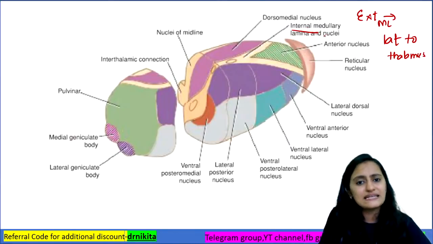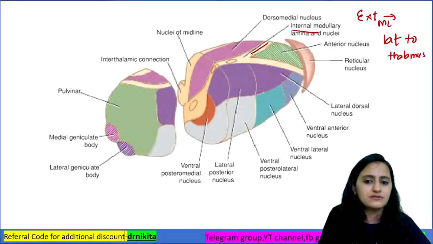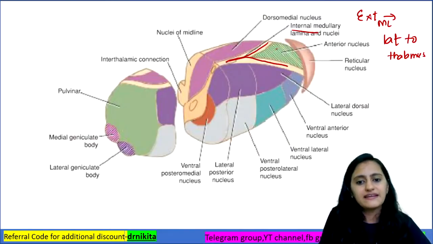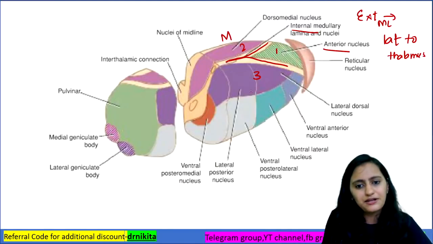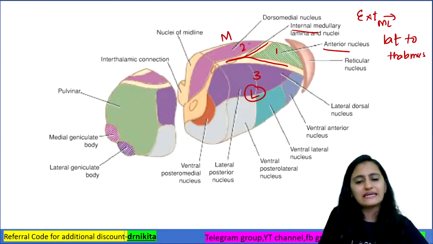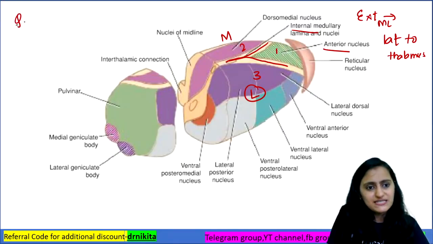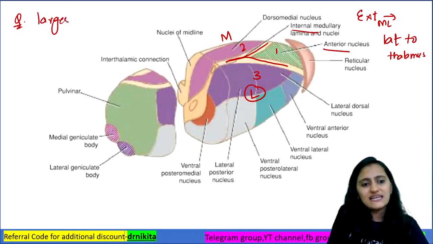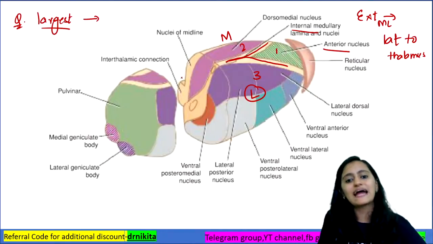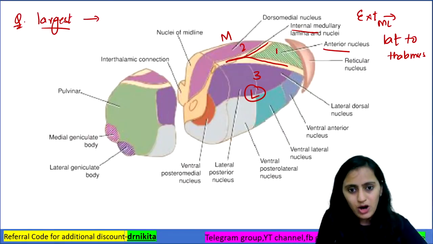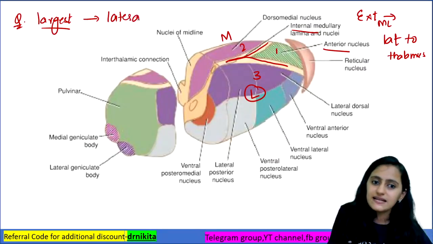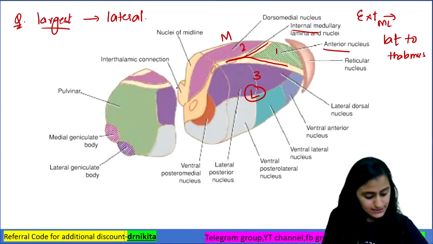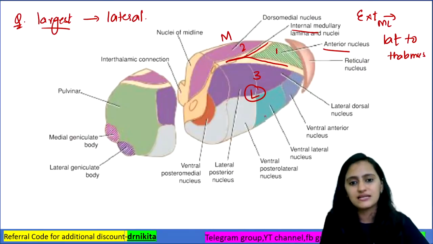Now this internal medullary lamina, these are the white fibers. So it is a band of white fibers dividing into three parts. You can see the one is the anterior part, you have the medial part, and you have the lateral part. So you have anterior, medial and lateral. So the question that can be asked on this, which is the largest subdivision of the thalamus, anterior, medial or lateral? We all can see here that the largest is lateral. So it is the lateral which is the largest, right? It is the lateral which is the largest.